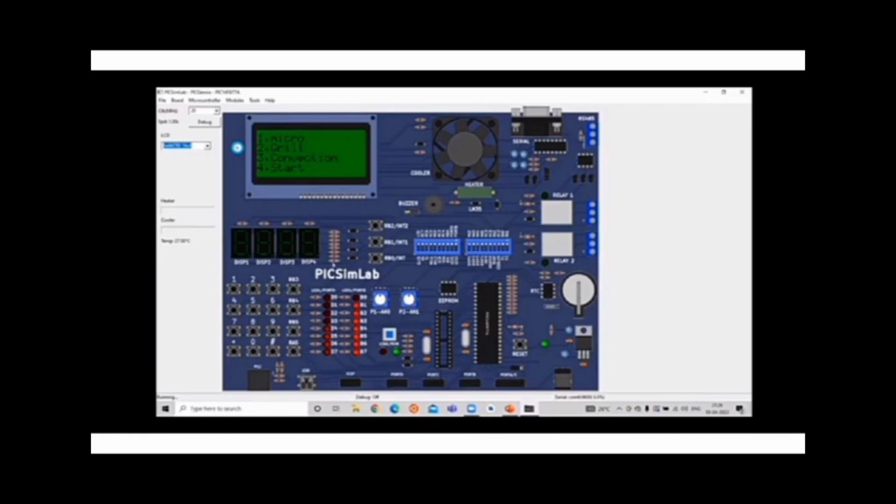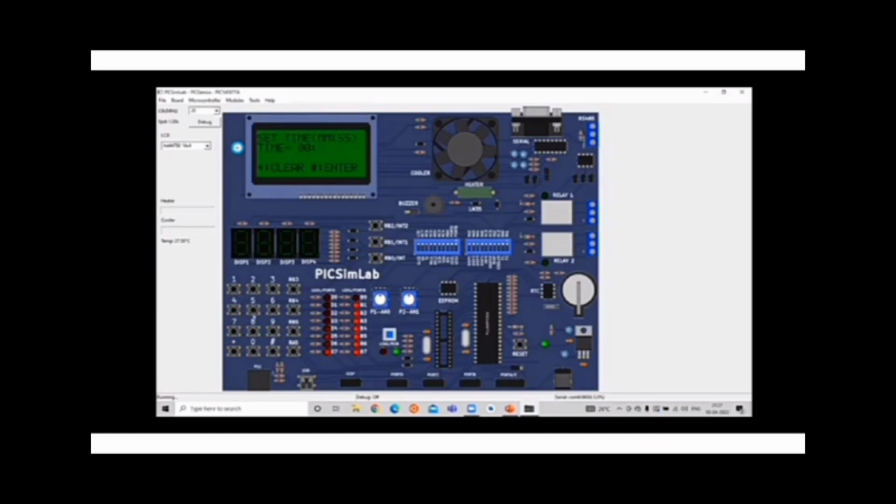So the maximum power set is 900 watts, and the time displayed is in minutes and seconds. I am setting the time for 2 minutes 50. In order to clear or erase the value, I have to press the start key. So it clears the displayed value and enters 0. Now I will give a new value of 40 seconds. In order to enter this, I have to press hash and the enter key.